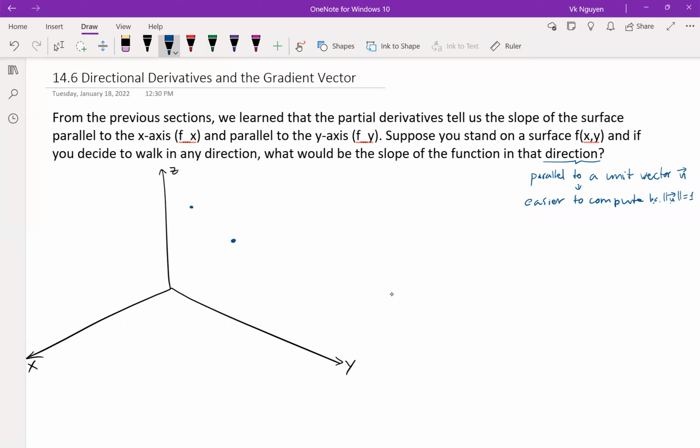These 2 points, one of them we project down here, let's say (x naught, y naught). And then the other one is going to be